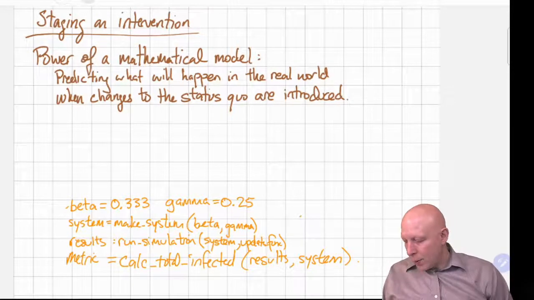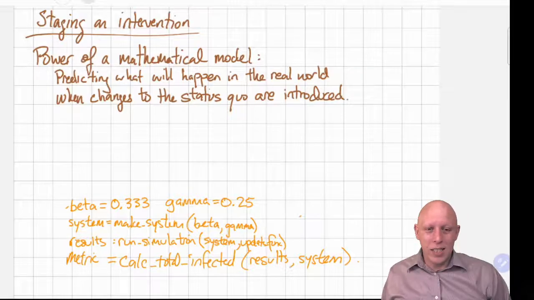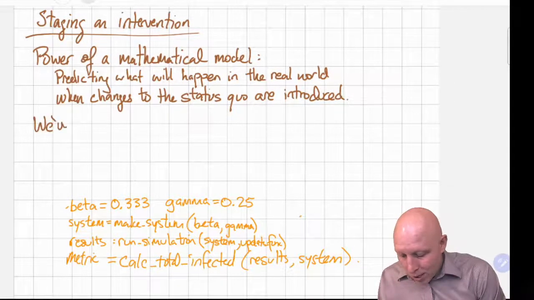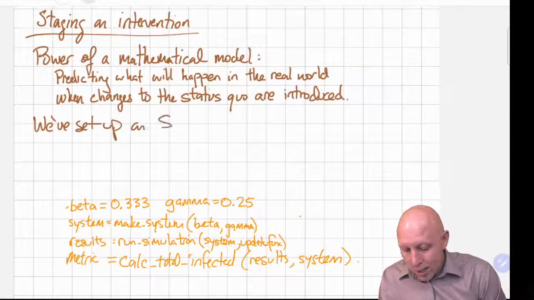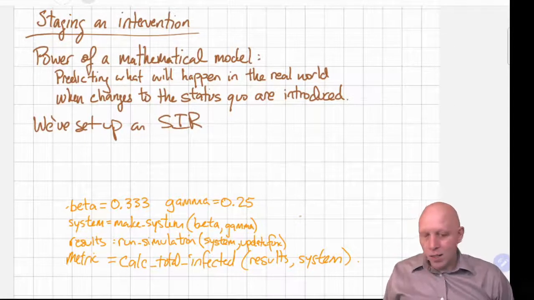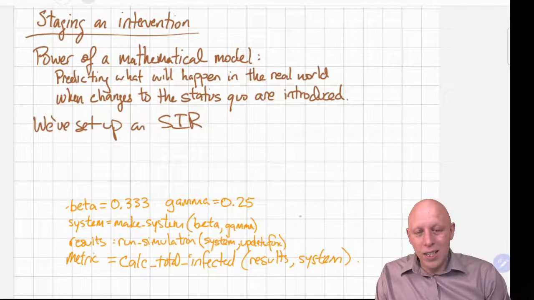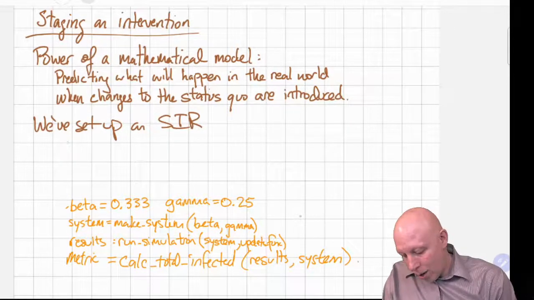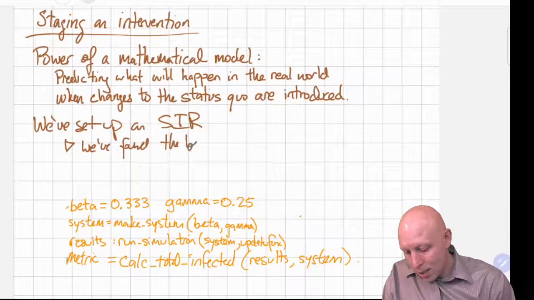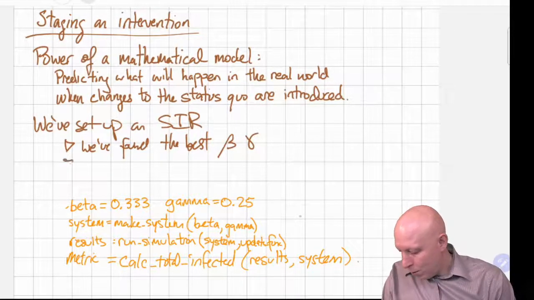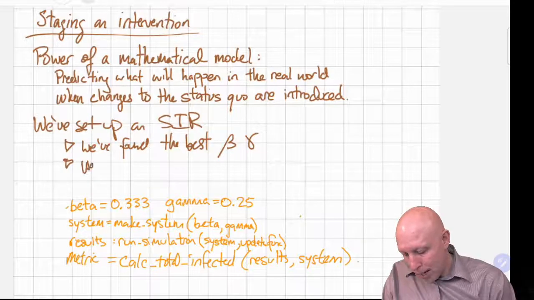So we're in this situation. Let's think about where we are as mathematical modelers at this point. What we've done is we've set up an SIR model. And what we've decided is that the SIR model that we've come up with is a good model. So we've found the best values for our parameters beta and gamma. We've found the best states